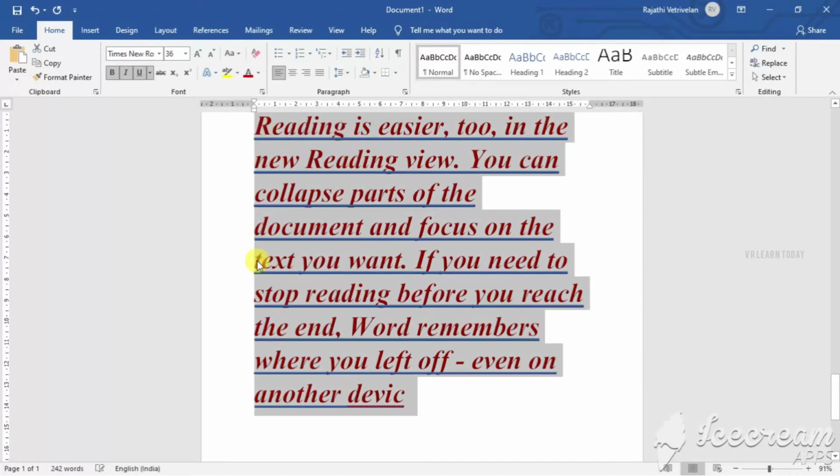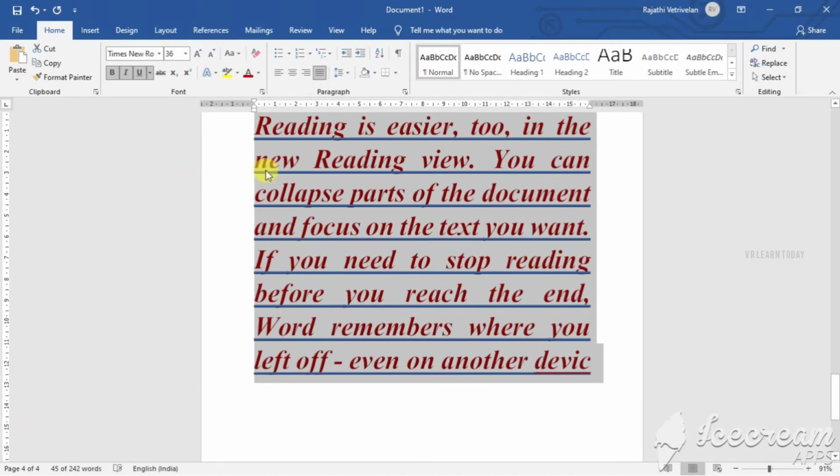See, the spaces here are the same, but here it's not a good look. So at this time we can use justify. See, both sides are equal. This is the way we can use it while you're creating your project documentation. You have to use justification for your document for a pleasant look.